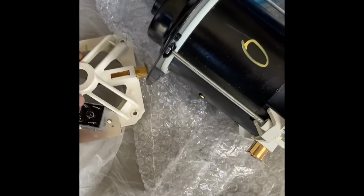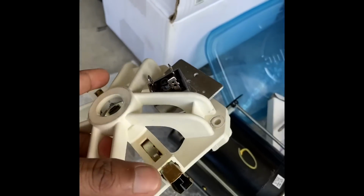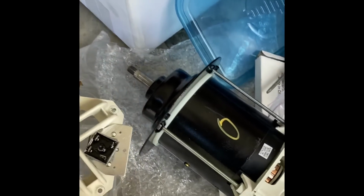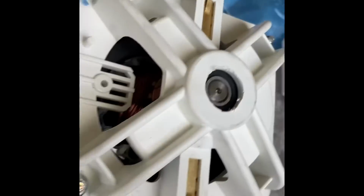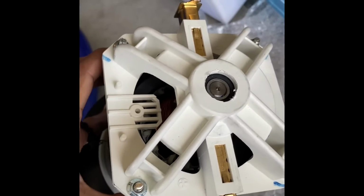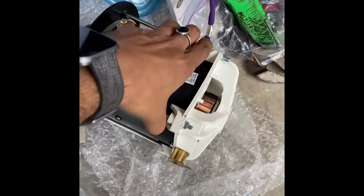So it was very hard for us to find this white part because one terminal was broken or burned. So I ordered a new motor from Sears Parts. They gave me this new motor. It's $55, but here you can see in this motor this is the same part came and just arrived,